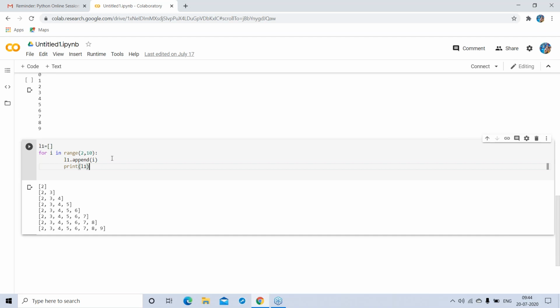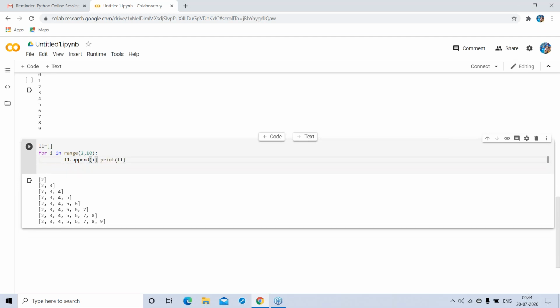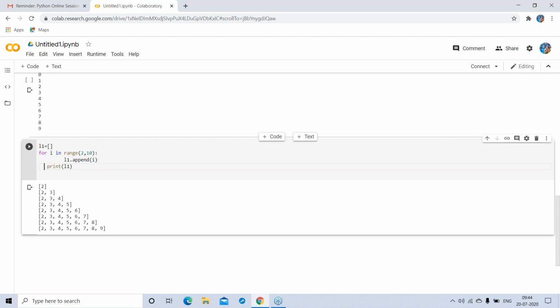So take this print out from the block. Backspace, enter, backspace. Now print. It will give you an error, I think.